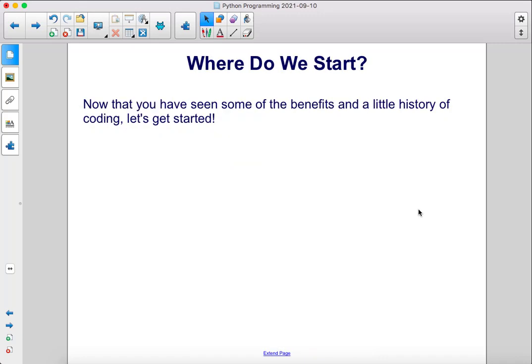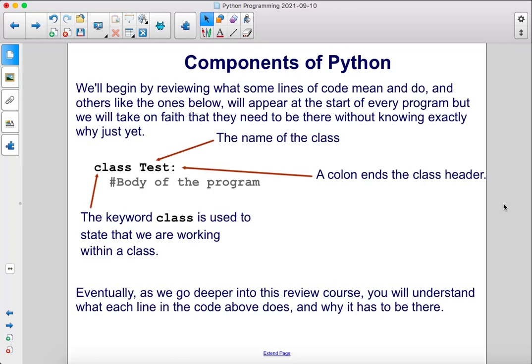Now that you've seen some of the benefits and a little history of coding, let's get started. We'll begin by reviewing what some lines of code mean and do, and others, like the ones below, will appear at the start of every program, but we will take on faith that they need to be there without knowing exactly why just yet. So here we have class test: we have the keyword class,